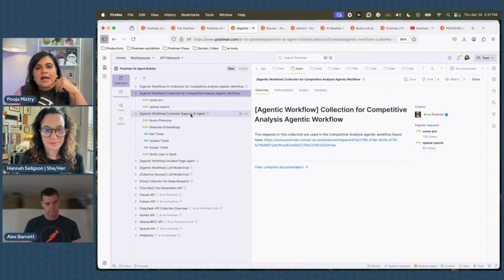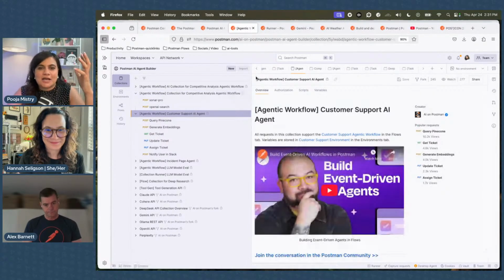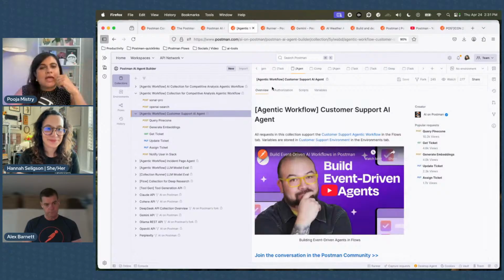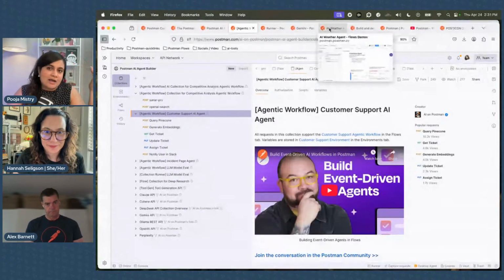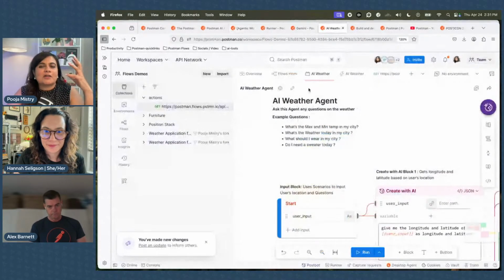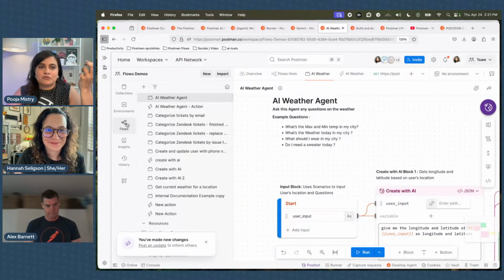But I've actually built something a little bit simpler, just because I wanted to understand how to build workflows. So I wanted to show off a small agent that I built recently, and show you what that looks like in action. And then speaking of actions, I'll talk about a really cool new feature, which is Postman Flows Actions.